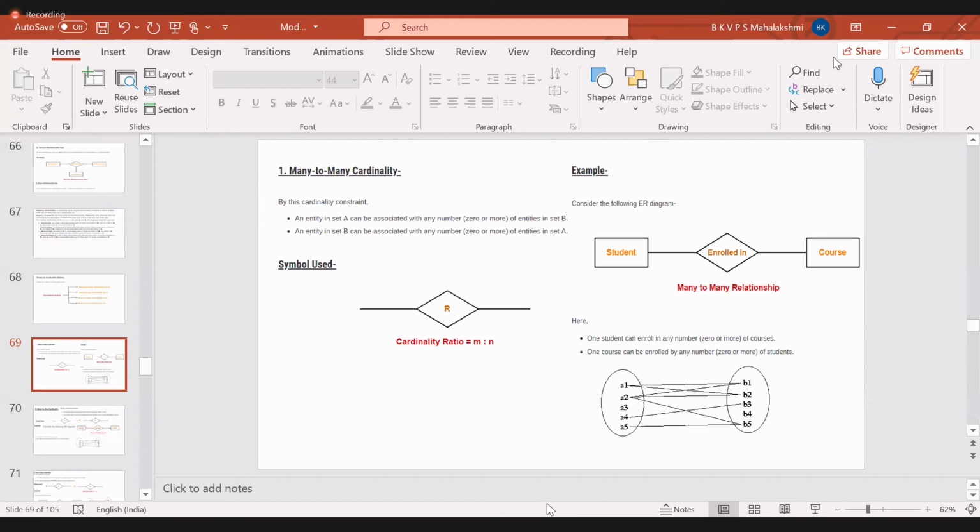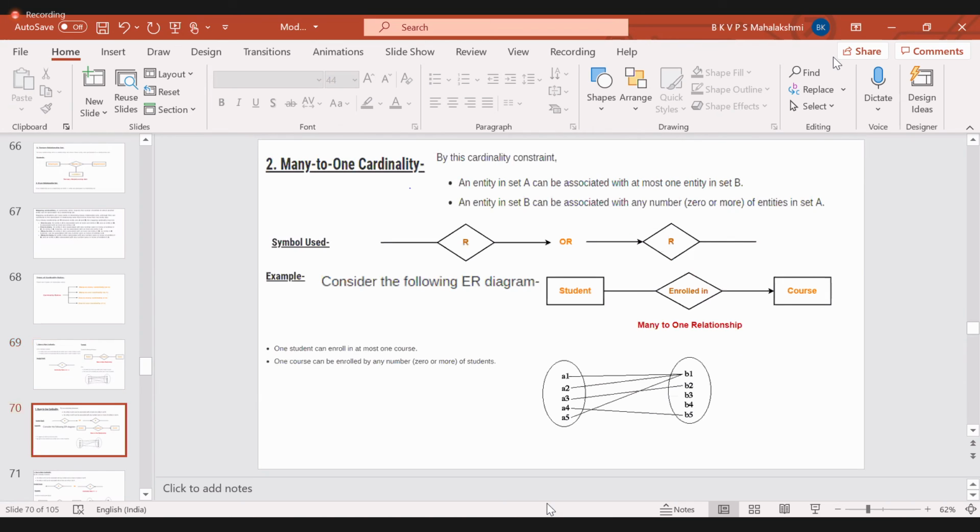And even if I gave the application to you like university database, university application, then you can represent the cardinality between the student and courses many to many only. You cannot specify like 1:1, because it will not be applicable for the student in the educational organization. It is completely based upon the application that you have taken. So the mapping cardinalities you have to just go through in detail. Okay, so this is the meaning for this many to many, and also this is many to one.